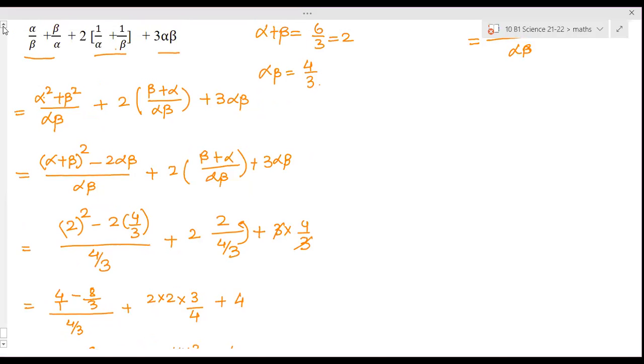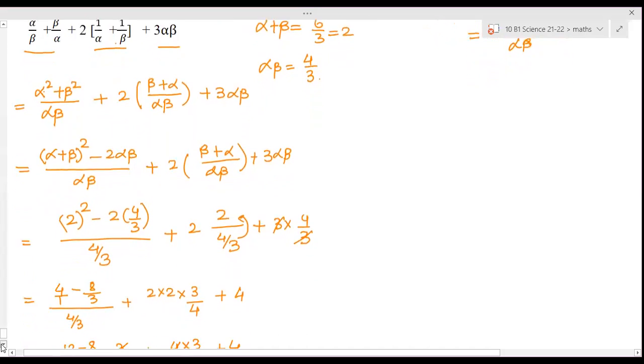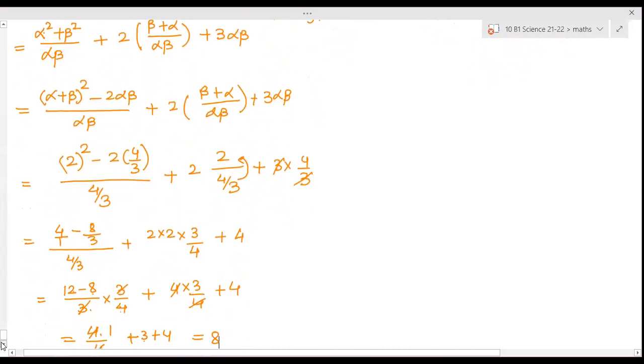Ma'am, polynomial is 6x square plus x minus 2, no ma'am? Polynomial is not needed to form now. Ma'am, here, alpha, 3x square minus 6. Here, this is a polynomial. Polynomial is changed. Okay, ma'am. Can you scroll down? Ma'am, I made a mistake. I was taking the 16th question's equation and I started doing it. Okay.